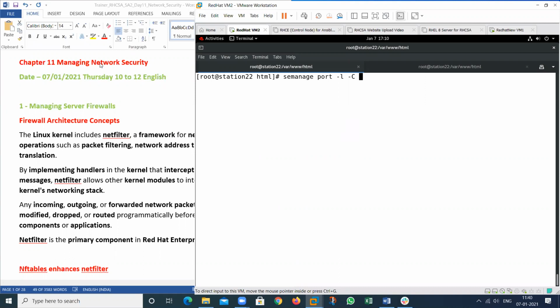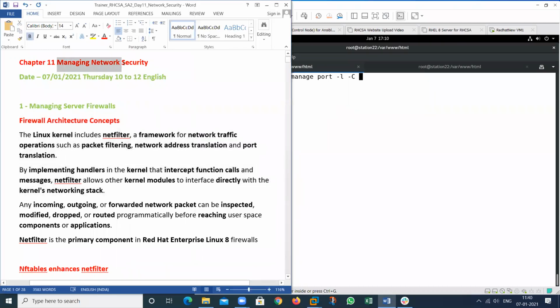So my topic is managing network security. In security, you should allow a service port in the firewall and in SELinux also. Then SELinux and the firewall will allow any service in a network. So this is the chapter.